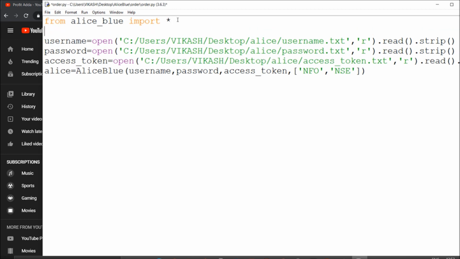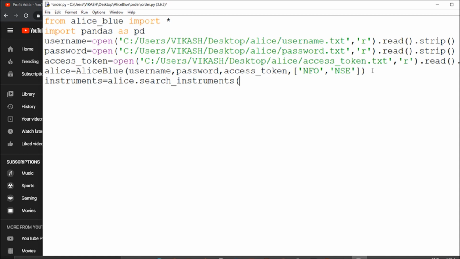We will import pandas, so it will be easy to fetch the data. Next, we will get our instruments. It is very simple: Allies dot search underscore instruments.